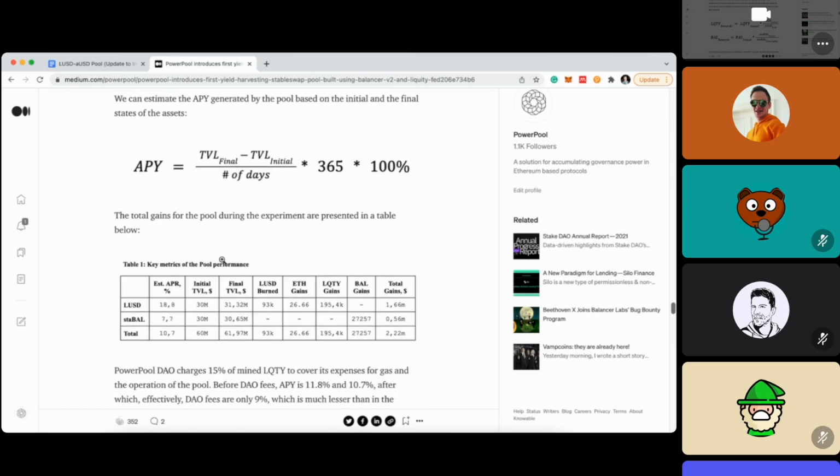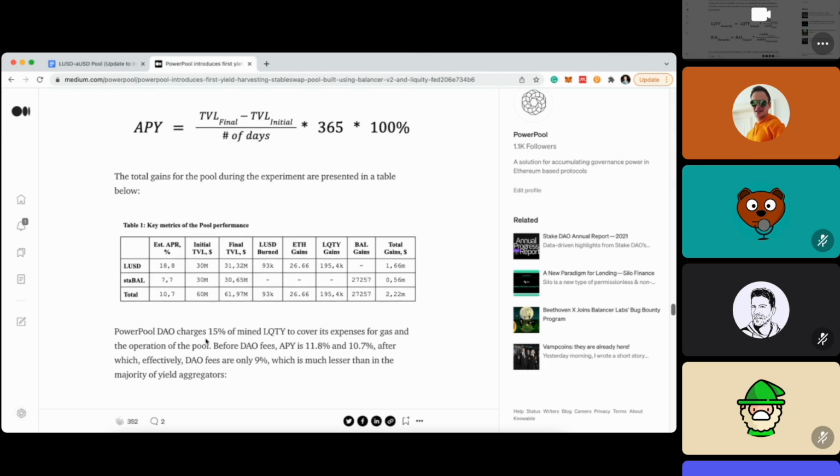So finally we calculated APR. It was like 18.8% for the LUSD part of the pool. For StabAL it was much lower, 7.7%, and the total is 10.7% after the DAO fees. We also decided to charge 15% of mined liquidity, so not 15% of the whole profit. It's only 15% of mined liquidity. So effectively it is maybe around